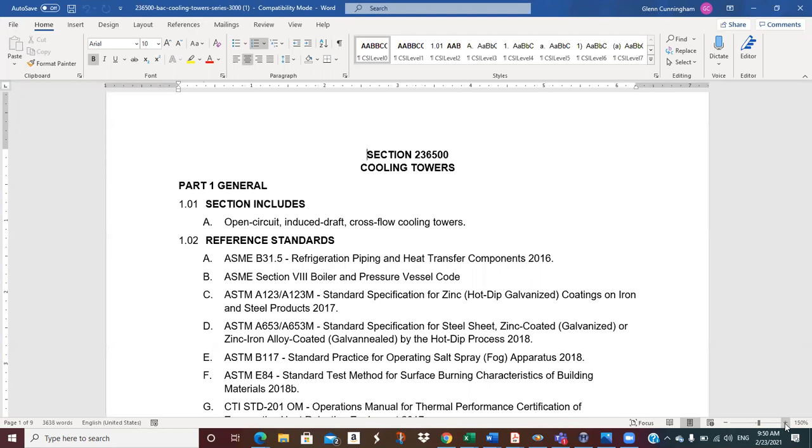Because the engineering firm has to prepare this spec book, and these things on a big project will be hundreds and hundreds of pages long. There's an electrical section, a mechanical section, and then there are subsections in mechanical for chillers, cooling towers, insulation, sheet metal work, general workmanship, just all of the different aspects of the job have a spec section. And this is like a legal document. If you ever get into a lawsuit or something, then all of these different standards are called out in here, and it's an opportunity for the lawyers to hang the contractor if he didn't meet the requirements of